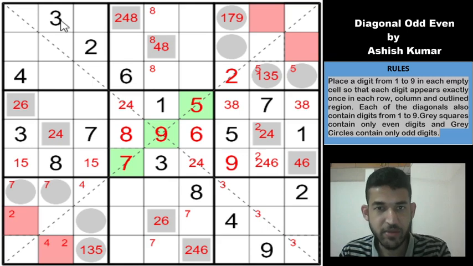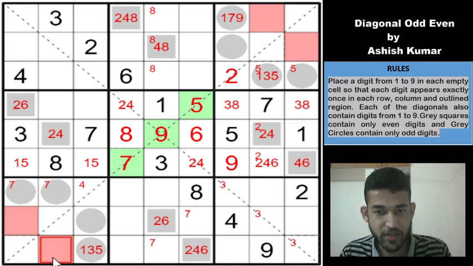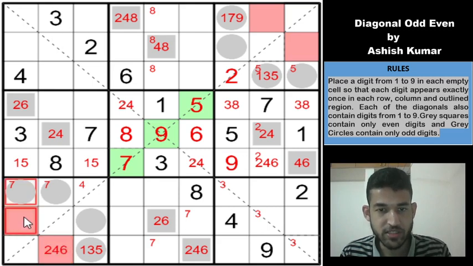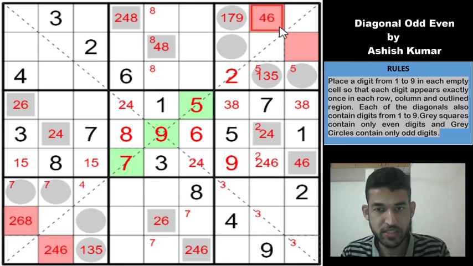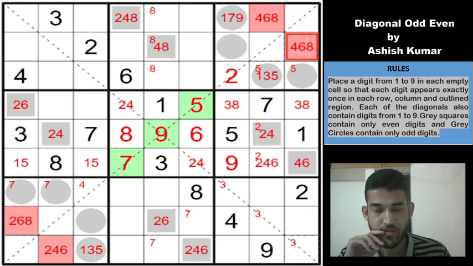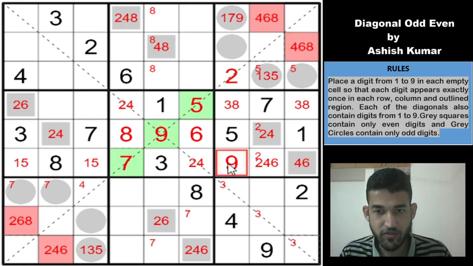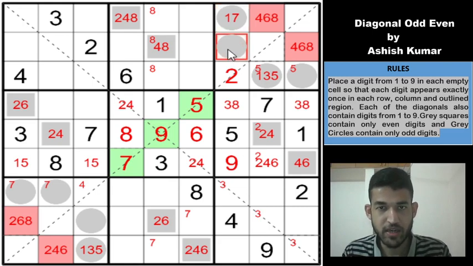So let us write some candidates inside. Both of these cells are even, so this is a 2 4 6, this is not a 4, so this is 2 6 8, and similarly this is 4 6 8 and this would be 4 6 and 8. Okay, 9 is ruled out from this cell, this is not a 9, and this cell has to be 1 3 and 7, can't be 5 and 9,